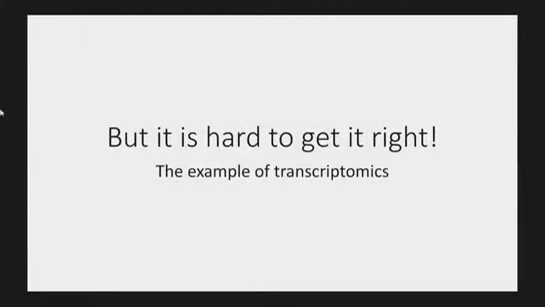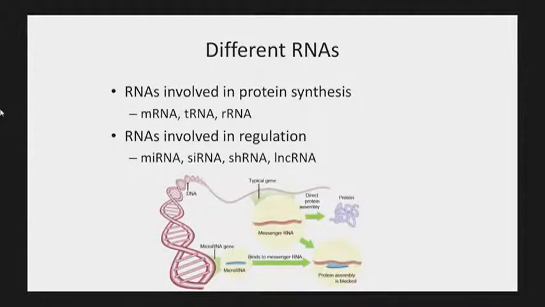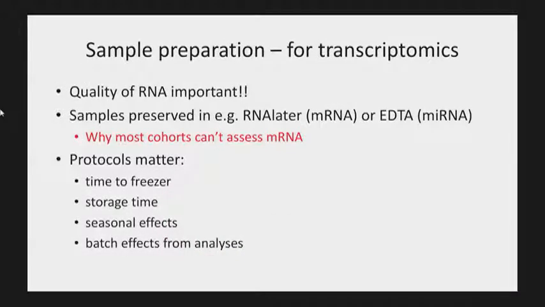But it's hard to get it right. And let me just give you the example from transcriptomics. Now, there's a lot of talk about transcriptomics and wanting to make sure that we can look at the RNAs that are involved both in protein synthesis as well as in regulation. But there's a big difference between the mRNA and the microRNA, for example. So the quality of the RNA is important. And if you're interested in mRNA, you have to have samples that are preserved. Either they have to be collected in PAXgene tubes, or you have to use something like RNAlater, et